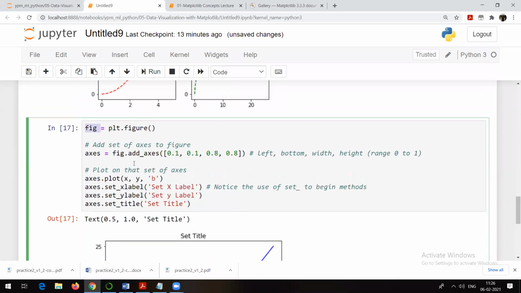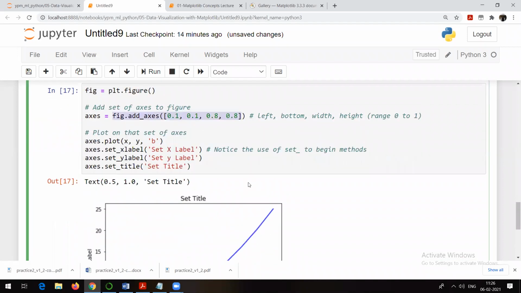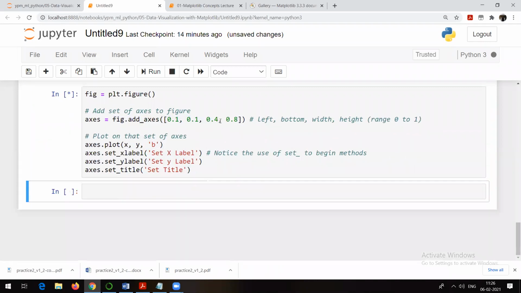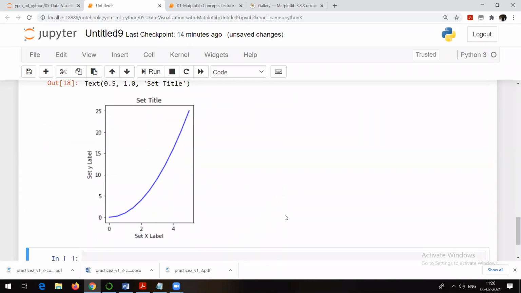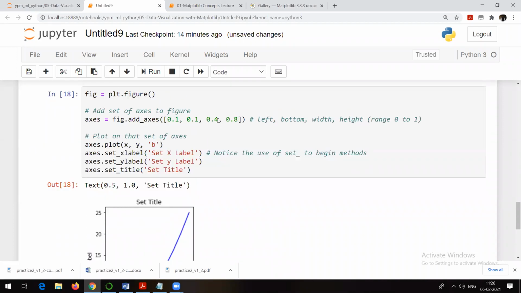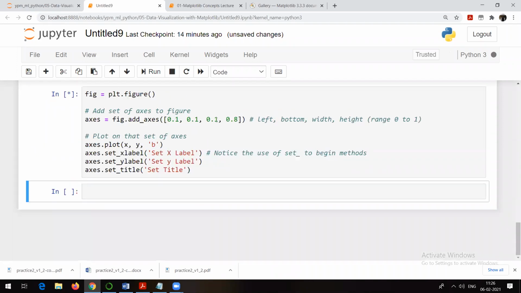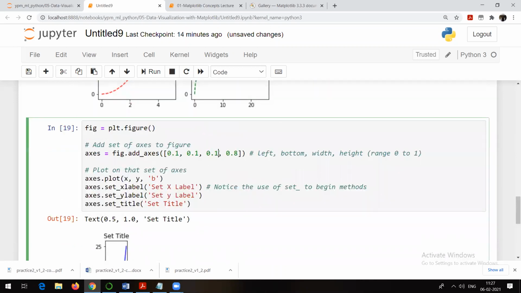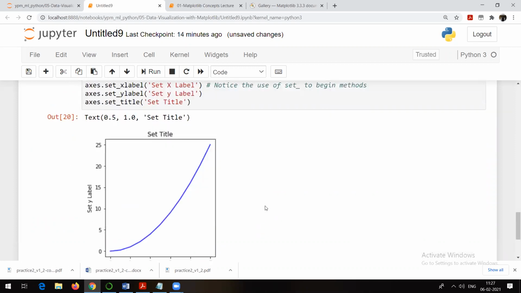So here you can see that we just ran this particular graph. First of all, we created an object called figure. Then we set all these properties. Let me show you, if I try to make some changes here. Suppose, what is this height? Let me check width. Suppose let me make width 0.4 and then run it. Now you can see the width is decreased. Similarly, you can decrease the width further like this. Now you can see the graph is like this. So all these points are responsible for this. Let's suppose I make it 0.5. Now you can see the width is this. Okay?